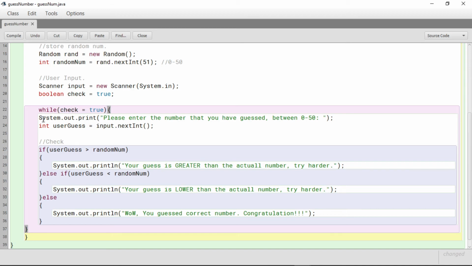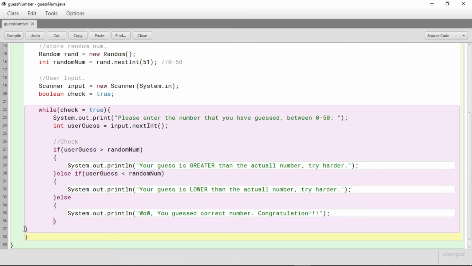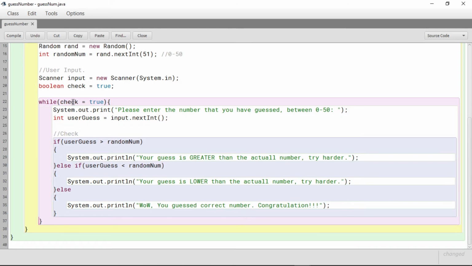We need proper indentation as well. Now the final code, break,